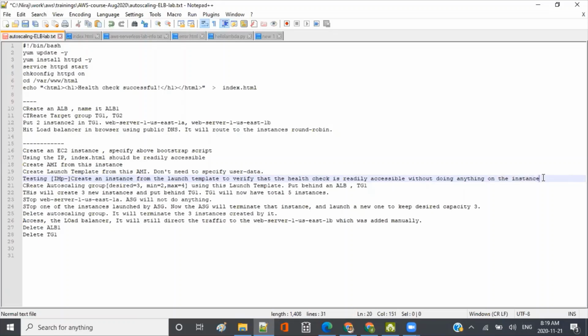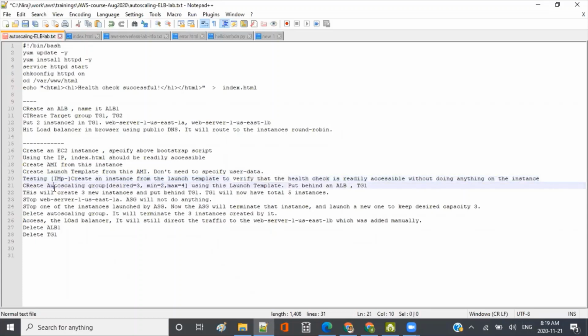In the last lab, at this step, we saw there was some problem, right? And that was good, because of this testing we were able to know that there was a problem. If I had done it without this, it would have started creating a lot of instances. So after this, our launch template is all good, and we are ready to create the auto scaling group.